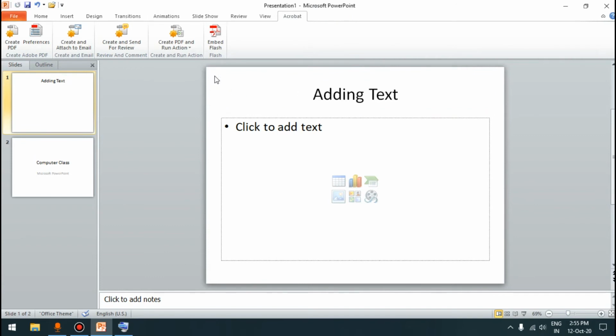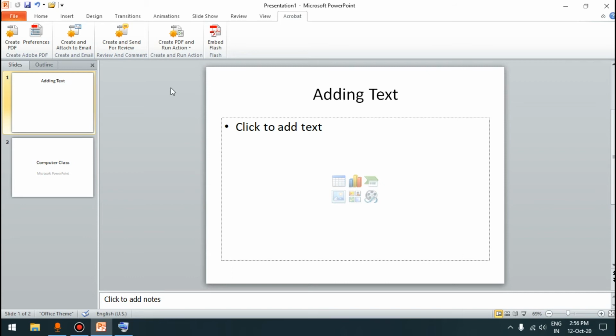Now next is saving a presentation. Why do we save our work? Saving means to avoid the loss of data, so that we can use it in the future. While working on the computer, if the computer gets turned off accidentally, then whatever work we have done, we will not be able to get it back.